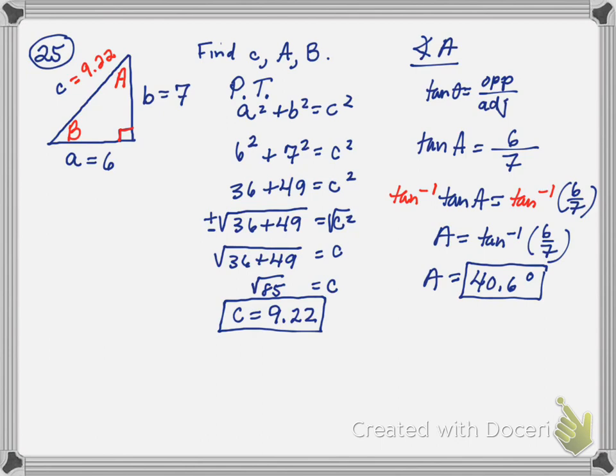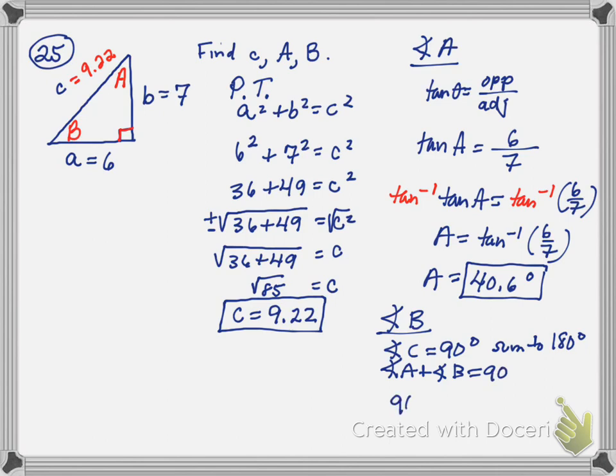Now all I have to do is find angle B. Since this is a right triangle, I know that angle C equals 90 degrees. And I know the interior angles of a triangle have to sum to 180 degrees. Being that said, angle A plus angle B have to sum to 90 degrees. So I just found angle A, and if I take 90 degrees minus angle A,